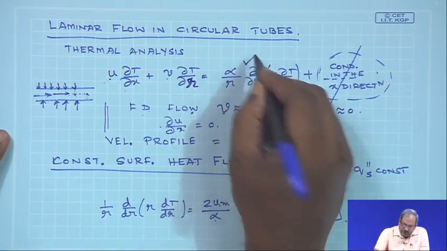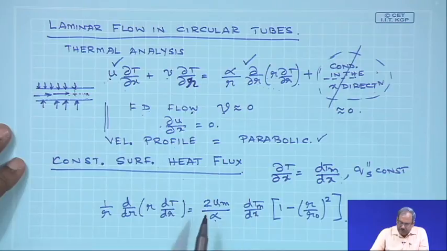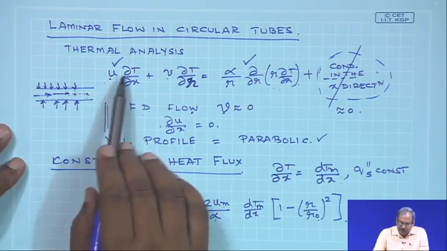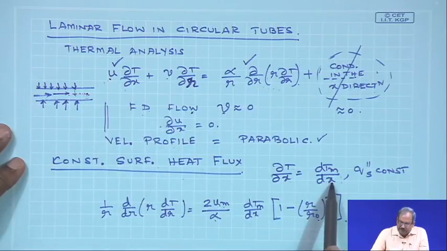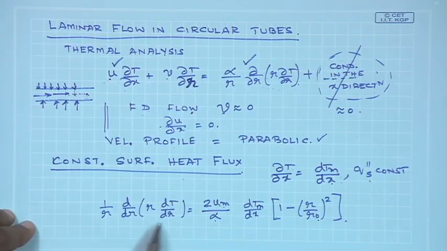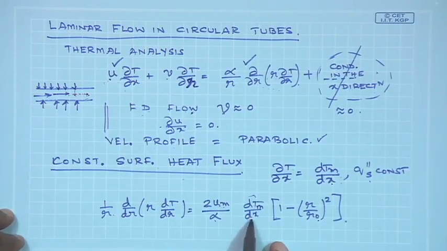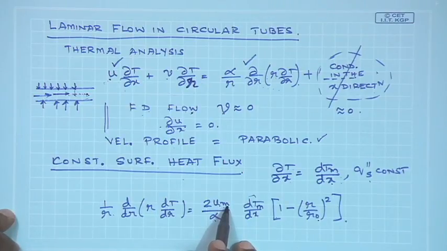So, the only non-zero components are these two, and for u I have expressed twice um times 1 minus r by r 0 whole square. For del T del x I am using dTm by dx, since qs is a constant; the rest remains the same. Since dTm dx is not a function of r, and the mean velocity is not a function of r,